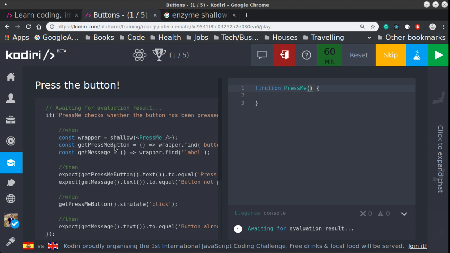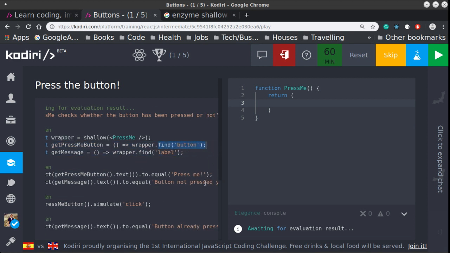What does it look... Well, okay, a function, we want to return something, yeah? So I'm going to write that bit first. And what does it look like we need to return? What needs to be inside our component? A string? Let's just do the actual elements first. Yeah, I can clearly see there's a find button and there's a find label. So that means I need two things inside. I need a button,